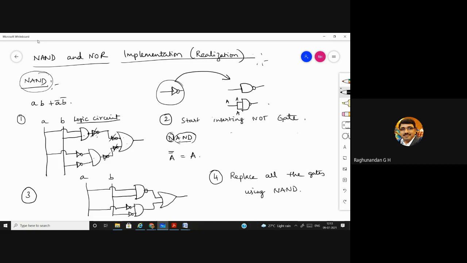What happens to A into A? A only, right? See, I'll explain here. You are giving A and you are getting A bar. This cannot be possible, so that's why I'm giving it to a NAND gate. What is the output of A into A? You're having A into A whole bar. As you know, A into A is A bar. Is it the same as what we are getting here and here?